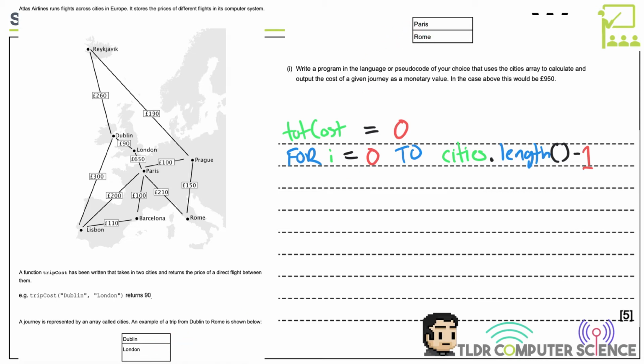And on the face of it, that makes sense, right? We're going to start at the beginning, go to the end. What do we need to do as we go through this array? What are we trying to do? What we're going to want to do, as we step through the array, is take this string here and this string here, feed them into trip cost, so Dublin, London, and get the value,